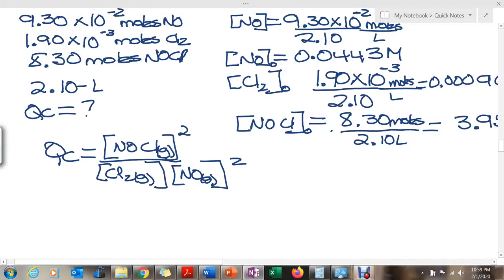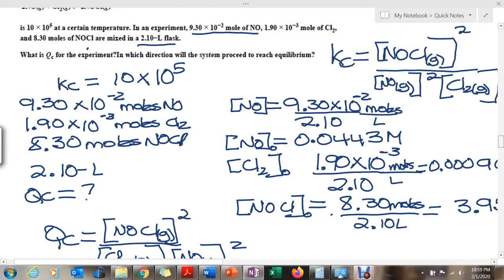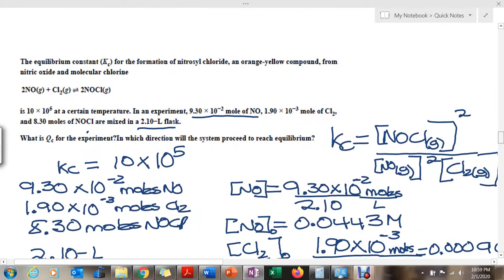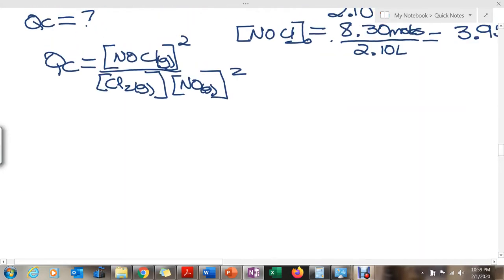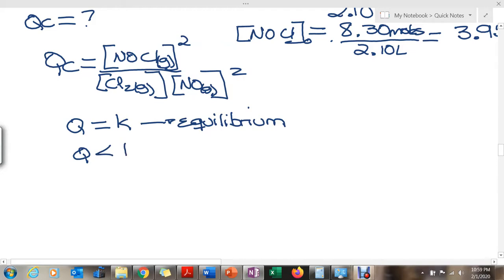So the first thing, like I said, is calculate the Q. If Q, whether Qc or Qp, is equal to K, the system is in equilibrium. If Q is less than K,